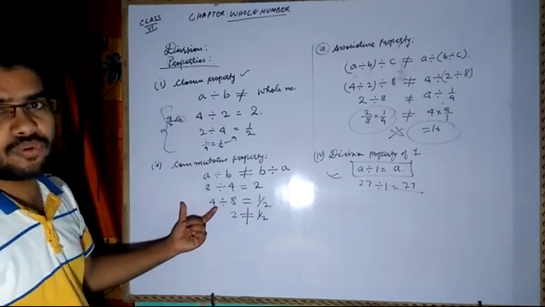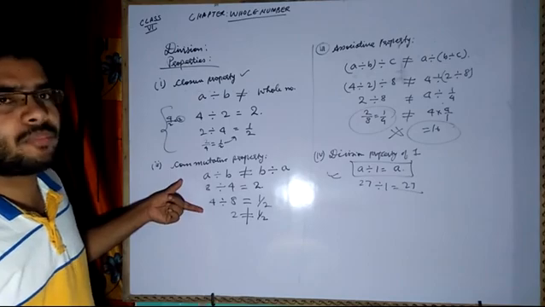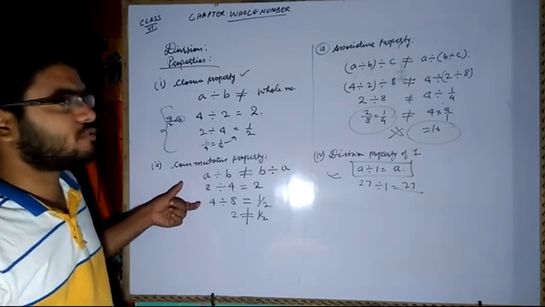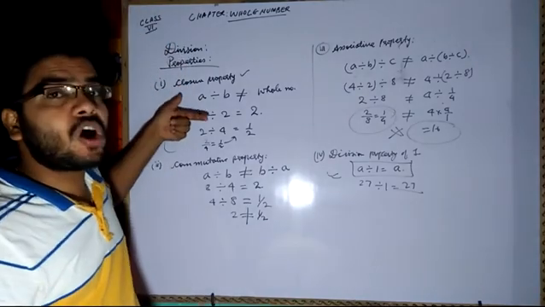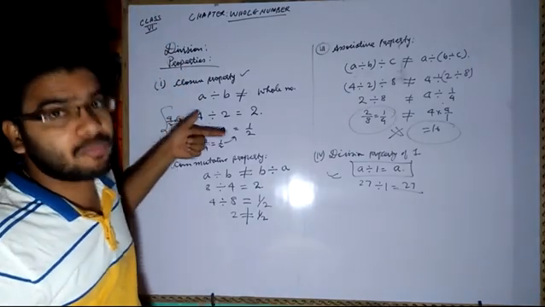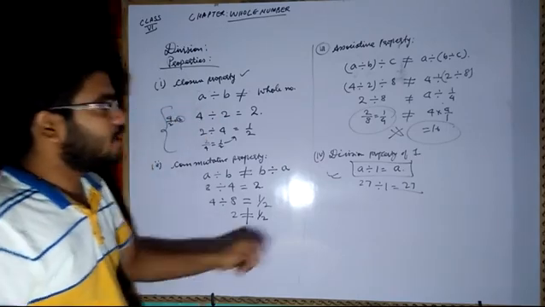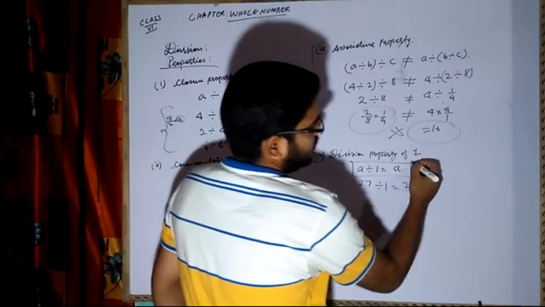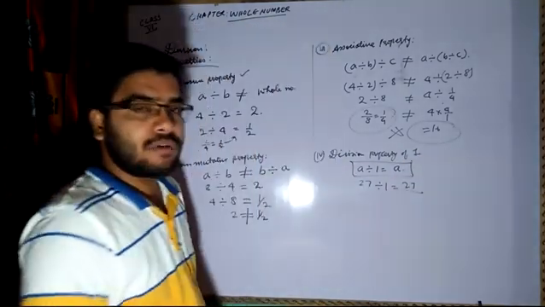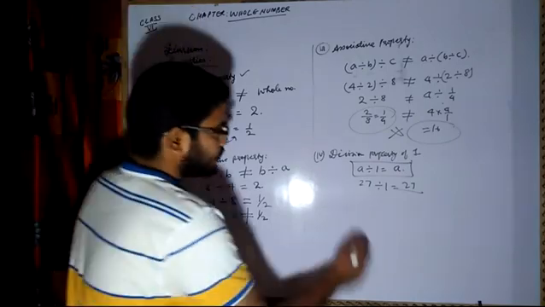If they ask you true and false, like we have in the exercise, commutative property, true? No, it is always false. Associative property is always false. Closure may or may not be true, may or may not be false, so it is not always false and not always true. Here it is always true. Now if they ask you about the division property of 1, or multiplicative identity of 1, is it true in all the cases? Then you have to say yes.